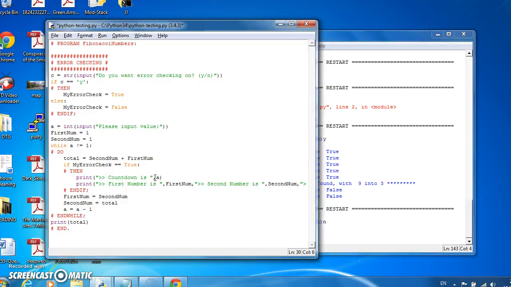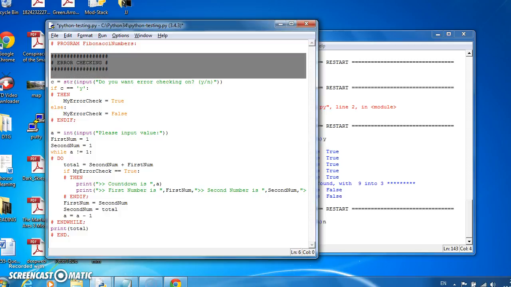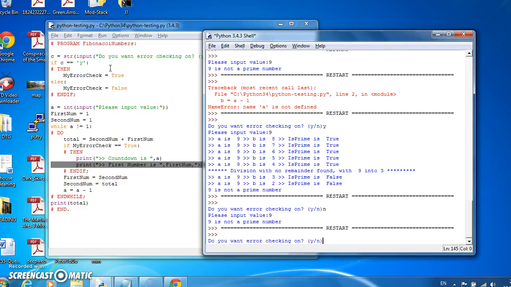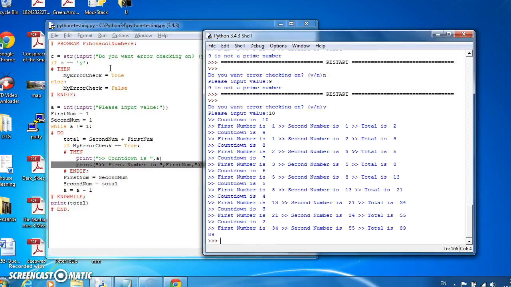And we could do something similar for the Fibonacci numbers, where we turn error checking on up here, and then we see the values of the countdown, the first number, the second number, and the total for the Fibonacci number sequence. So if we save and run this, let's turn error checking on, and let's give us the 10th number in the Fibonacci sequence. We can see each value, how it's being added up, and the countdown from 10 to 2, and how we get to the 10th Fibonacci number. So that's a little bit of